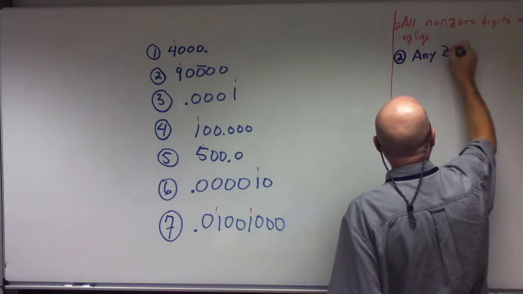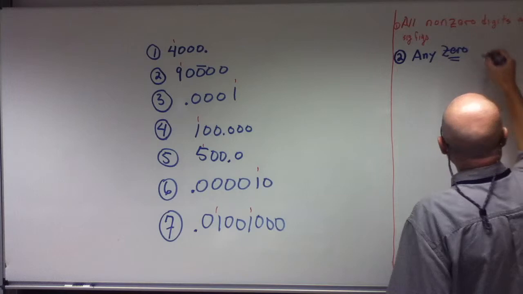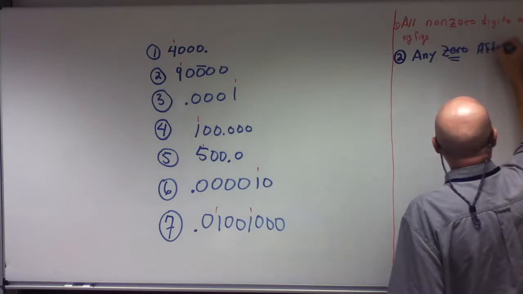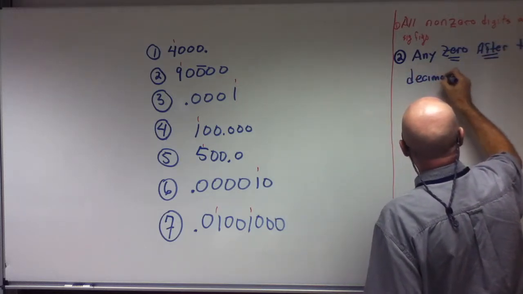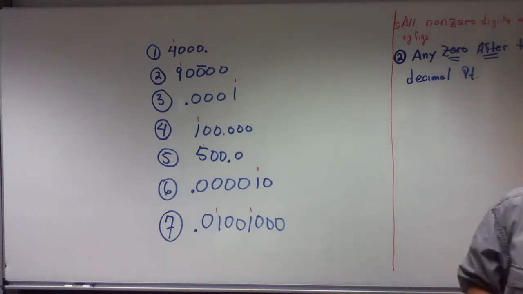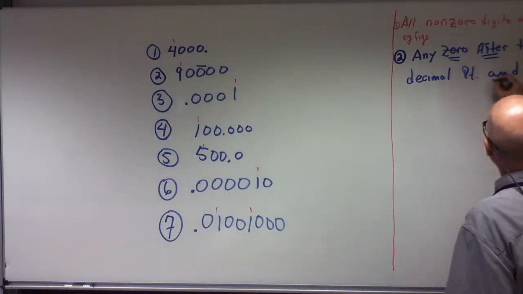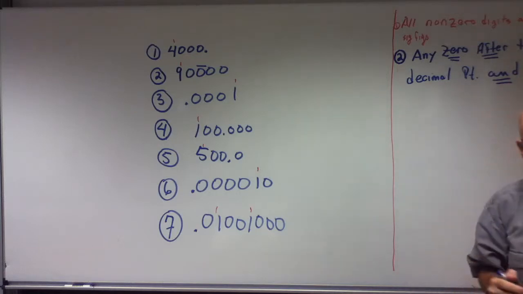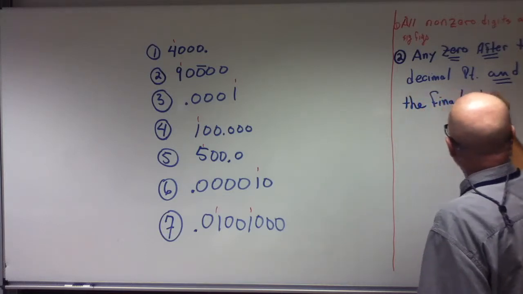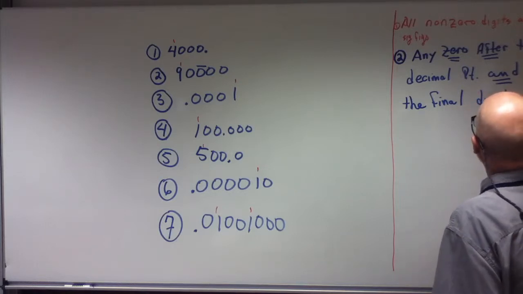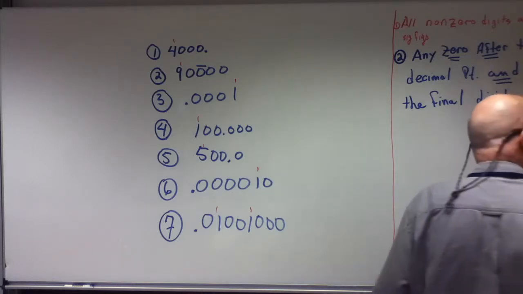Any zero after the decimal point and is the final digit,